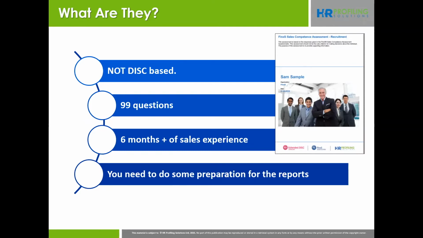Lastly, you'll see on the slide there is a little bit of prep to be done, okay? And if you really want to dig down and analyse the data in accordance to your specific situation or your client's situation, then you really need to evaluate, for example, the sales position itself for the recruitment assessment. Or if you're using the development assessment, you do need to do a little bit of prep on the type of selling actually needed in that person's position at the time, so that the existing staff member. If you know all the requirements of what is needed to be selling,